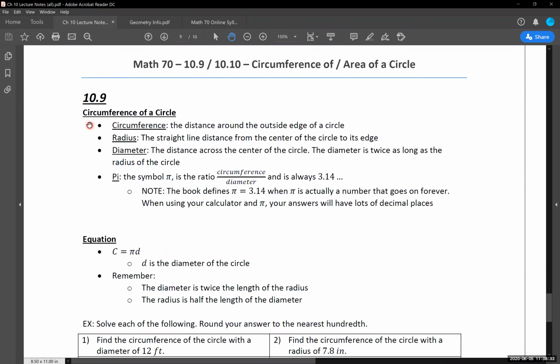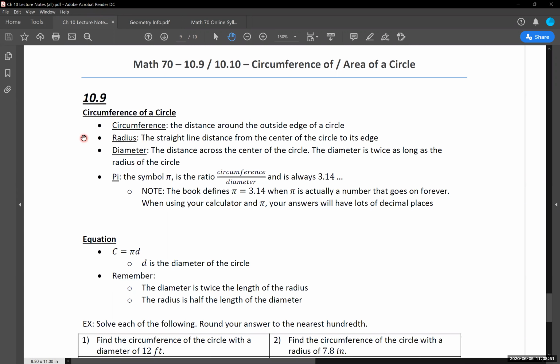Perimeter is for all shapes. Circumference is specifically for circles. So a subtle distinguishing piece there, but it's a part of the vocabulary that I think is worth noting all the same. So when we're working with circles, we have two very important qualities and properties that go along with them.